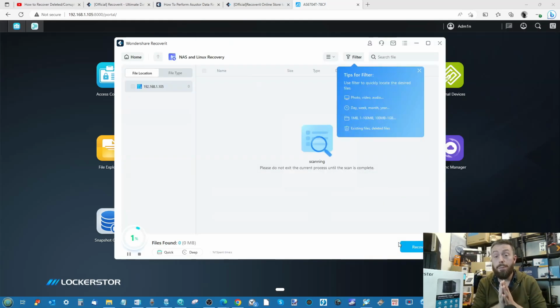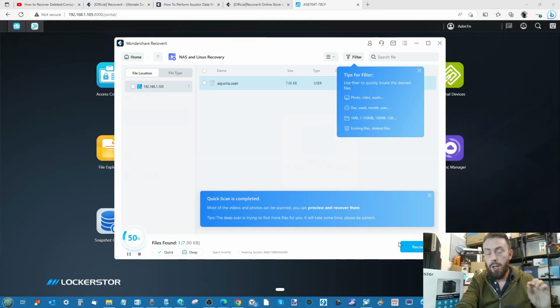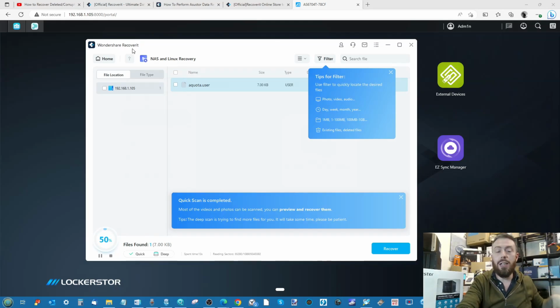It will slowly try to make access with the NAS, and as soon as it can establish access, it will begin scanning the system. Now, the first 50% of the recovery within Wondershare is generally a very surface level scan. It will just very quickly check for any kind of light recovery there, and this is going to be when data has been moved to back-end locations, or if it's been moved to a recycle bin, stuff like that. That is where it will find it. So if you do have low-level non-seen recycle bins that's used for the system for its own internal recovery, this is the first